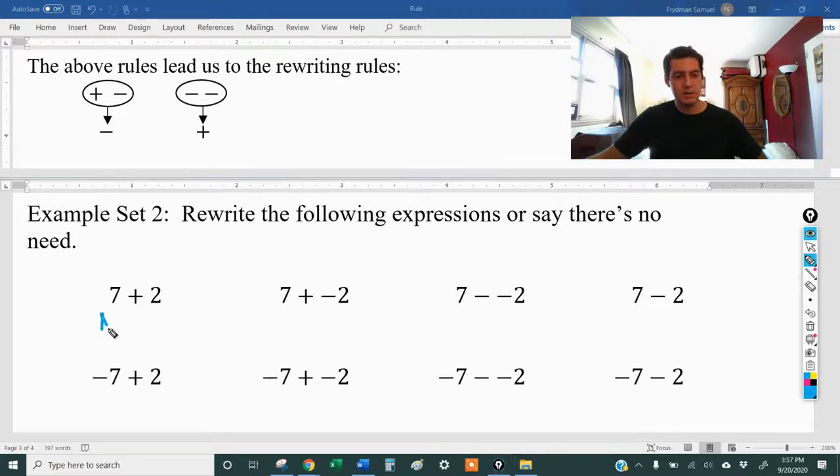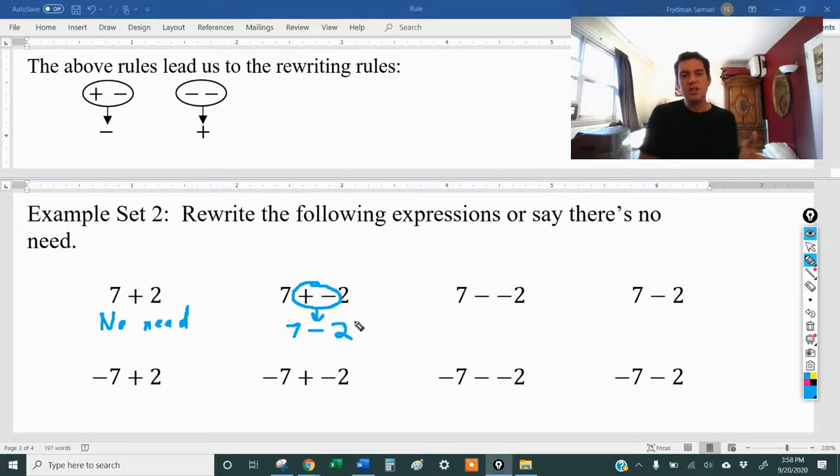This is just exactly the same thing that you learned in elementary school. It's just plain old 7 plus 2. On the other hand, here we have a plus right next to a negative. Okay, so if they're right next to each other, we can circle them and we can rewrite this as 7 minus 2, which just looks a little bit easier, right? Everybody knows 7 minus 2 is 5, okay? So rewriting takes a problem which looks a little bit tricky, and it just makes it a little bit simpler,